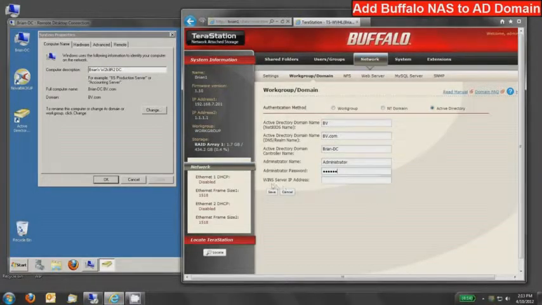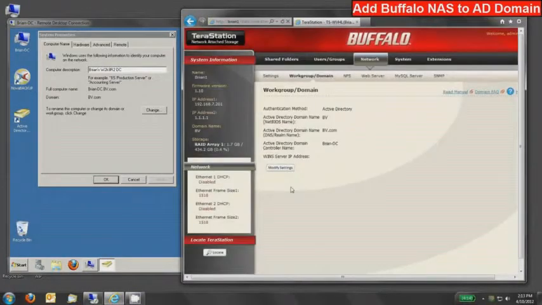Most people will not use WINS, but if you do use WINS in your domain environment, you can provide its server IP address as well. Then we'll press the Save button, and it'll actually join us to that bv.com domain. It will take about 30 seconds to a minute to complete. But now you can see, instead of saying workgroup name over here, it now says I'm on the domain BV. Now once you're on the domain, you can continue to use the device just like you would.